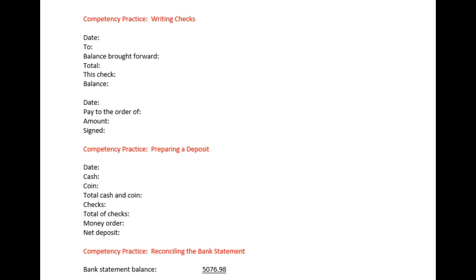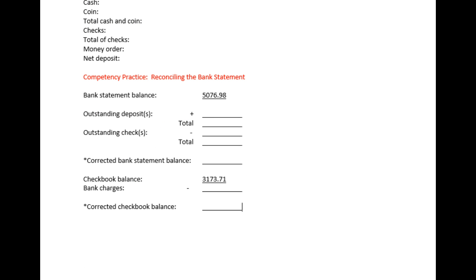So all of that money that came in is your net deposit, so the total amount of the deposit that you're going to be making at the bank that day. Okay. So then when we scroll down a little bit here, I did the last chunk of the reconciling the